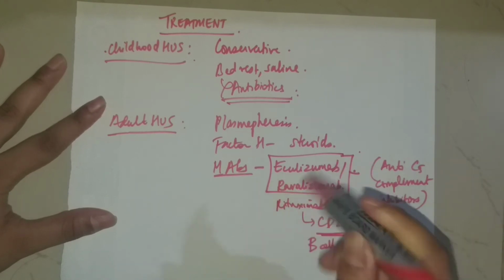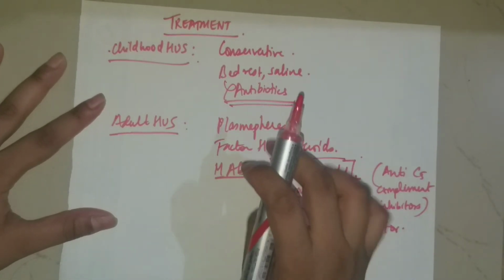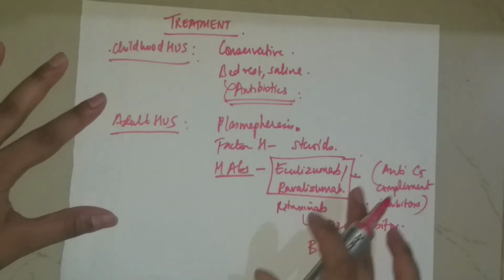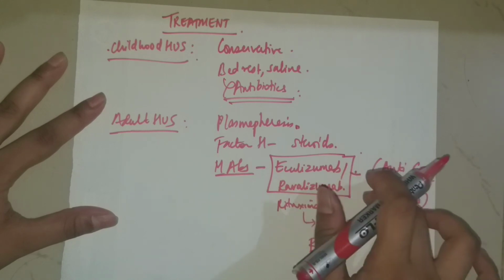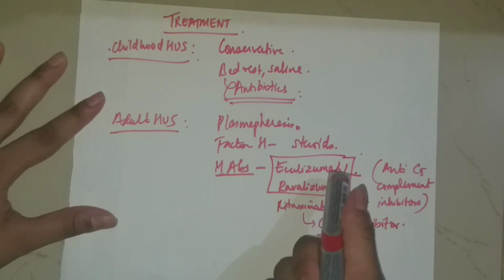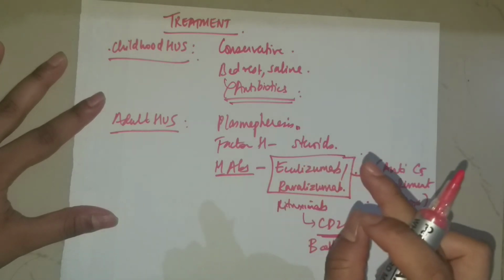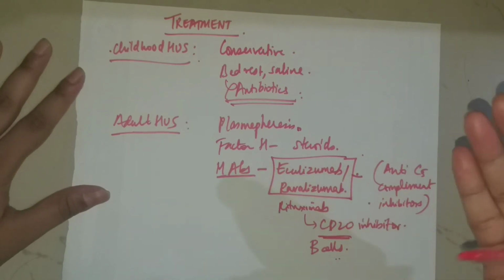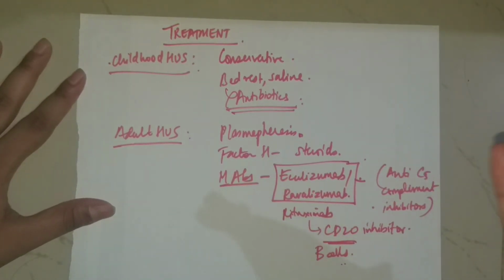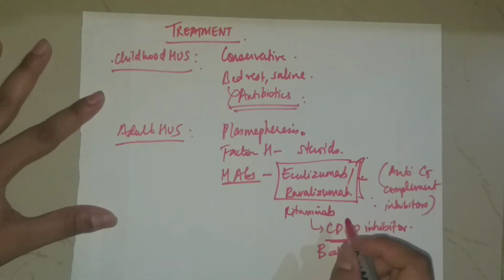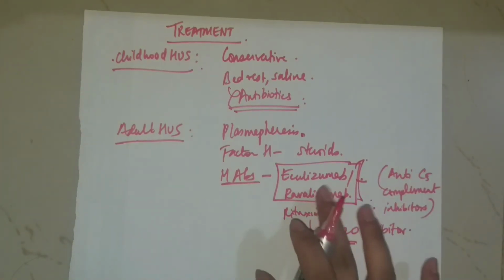very effective, more effective than plasmapheresis. Plasmapheresis is not always effective, and it has its own complications, but this has been found to be effective immediately when given, or even after, if there has been a chronic kidney disease or ESRD in which a kidney transplant has to be done. After the kidney transplant, if there is a recurrence of HUS, this is very effective in that case. So this is mainly in adult HUS.